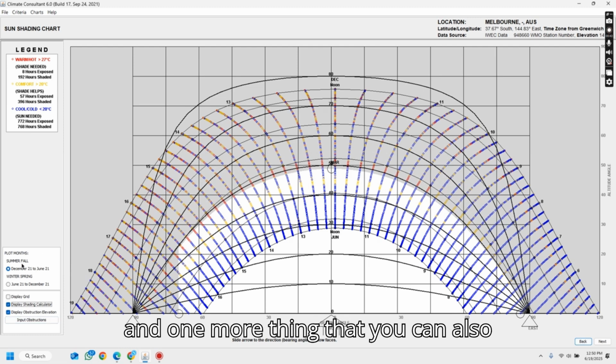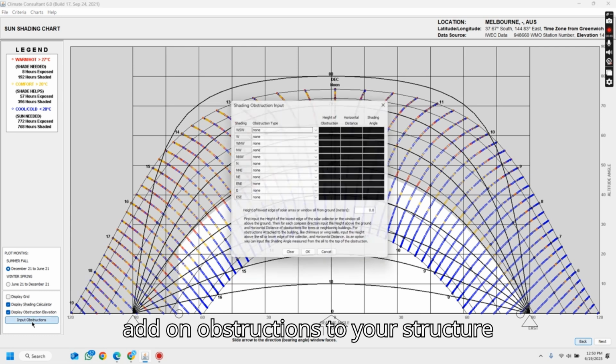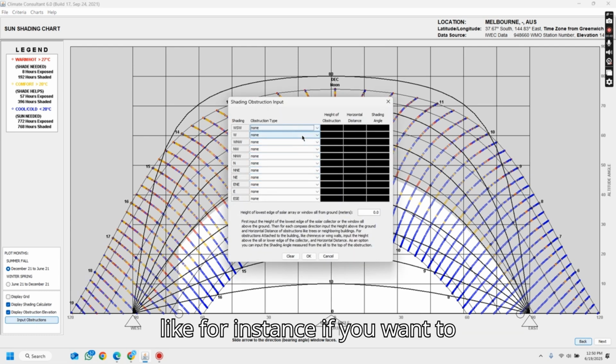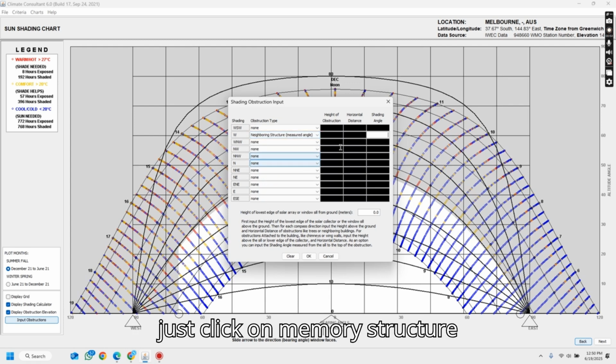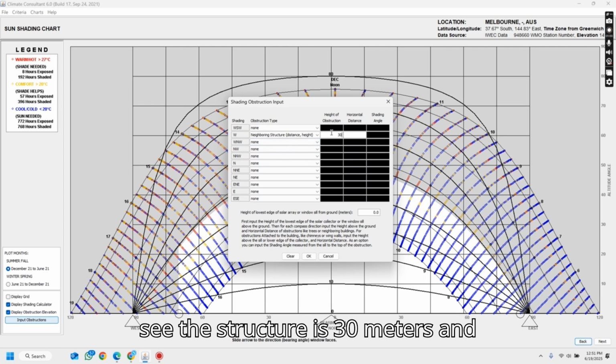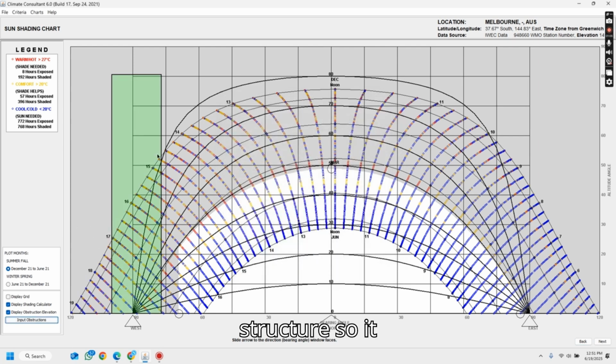One more thing that you can also add is obstructions to your structure, for instance if you want to add some neighboring buildings, then just click on neighboring structure. Say the structure is 30 meters and 5 meters away from your structure, so it will consider that as well while calculating. So I think that's it with